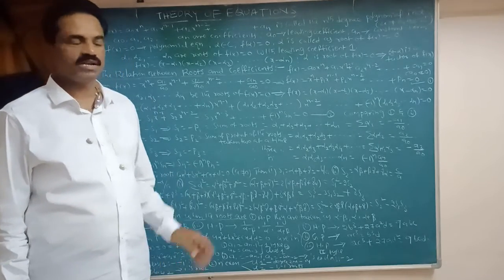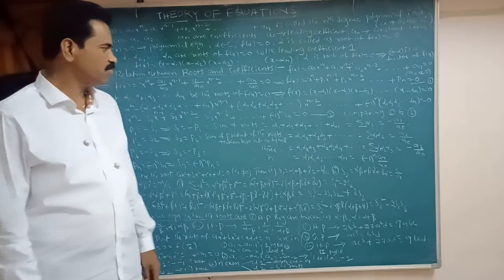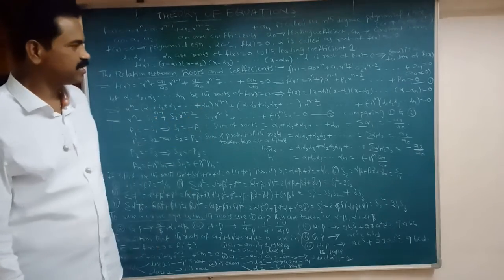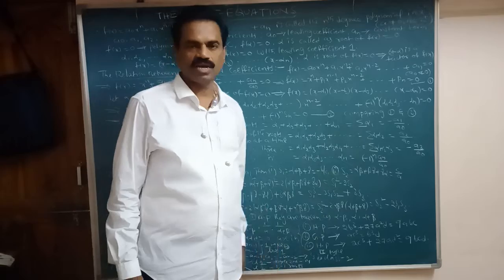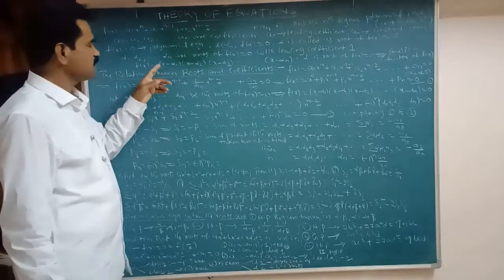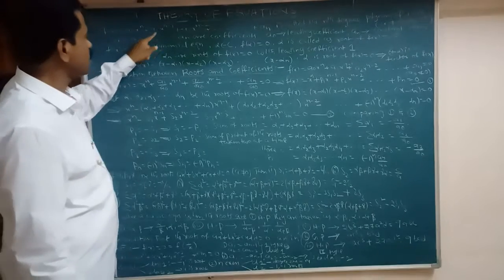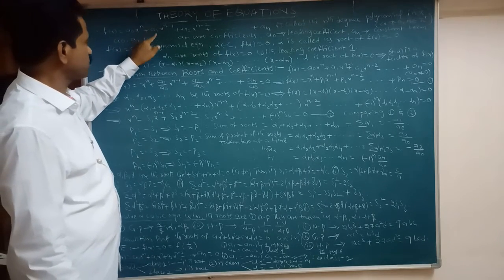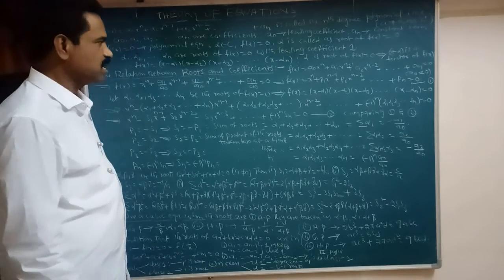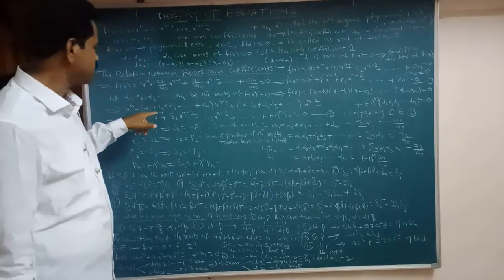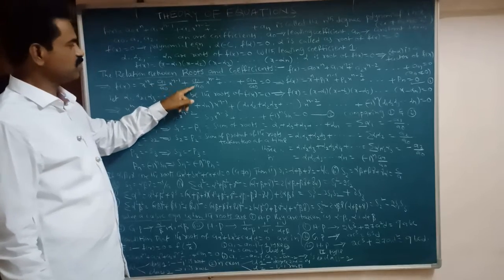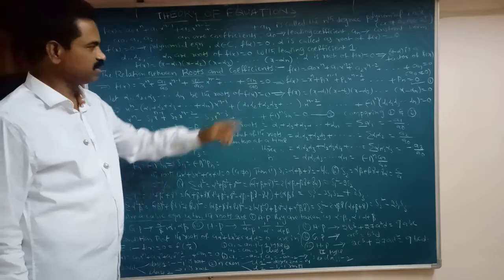So what is S1 here? The sum of the roots, that is alpha 1 plus alpha 2 plus alpha 3 and so on plus alpha n. Simply we can write this as the summation of alpha 1. So that is what here? Minus a1 by a naught: minus the coefficient of x power n minus 1 by the leading coefficient, that is a naught. That is minus a1 by a naught. Similarly, equating, p2 equal to a2 by a naught, and so on, pn equal to an by a naught.